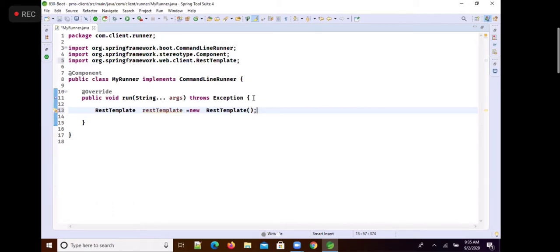You know what next after creating REST template object? I have methods, getForObject, postForObject, like that. See, first I want to call the all products endpoint. Already yesterday there is an endpoint called all products.